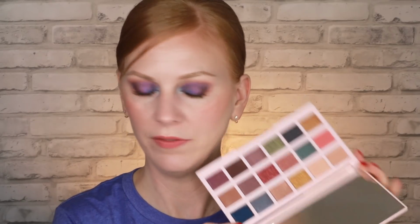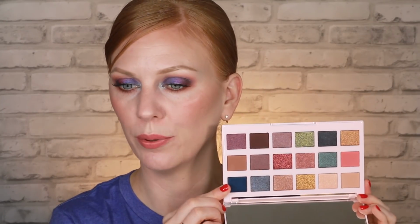This layout is a little bit confusing. So it's not that the colors aren't pretty, but I feel like I have all these colors. Maybe not all in one palette, but...